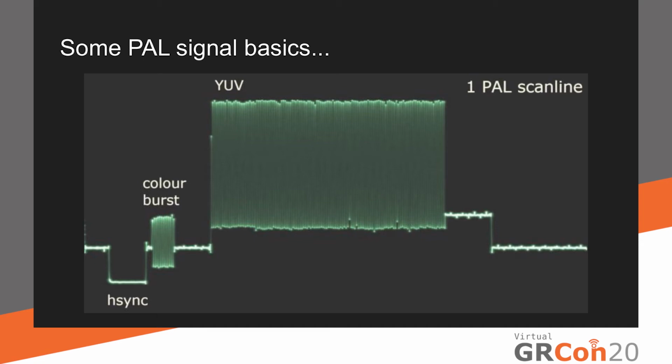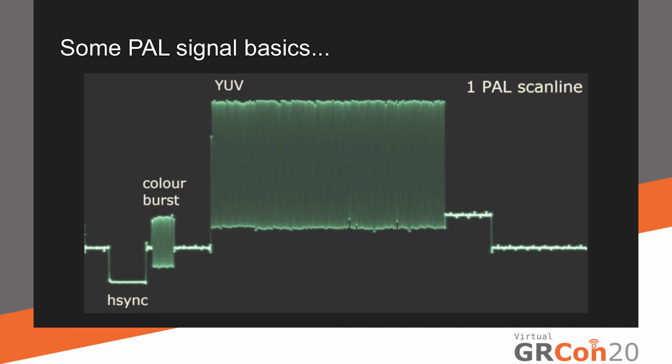So for reference, here is a PAL signal. This is one scan line in an image. So we have a horizontal synchronization signal, just like in our HDMI capture. And then we have something called a color burst and a high frequency video signal, which takes most of the scan line. A PAL video is normally interlaced, which means that not every scan line is sent in every frame. But luckily, I don't have to take this into account because the video from the NES is progressive scan.